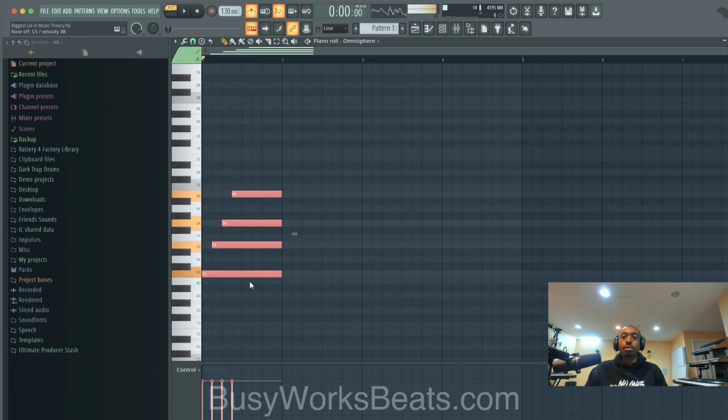A sixth chord, to make it super easy, you're adding the sixth of the scale over a major chord. I know that sounds complicated, but once you get in the habit of our chord codes that we teach, it'll be super simple. There's a chord code for it as well.